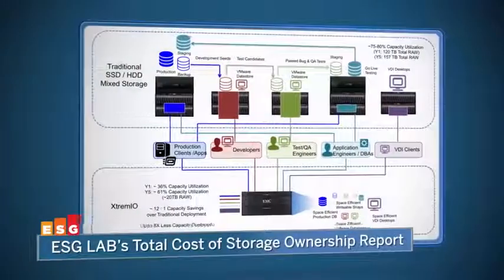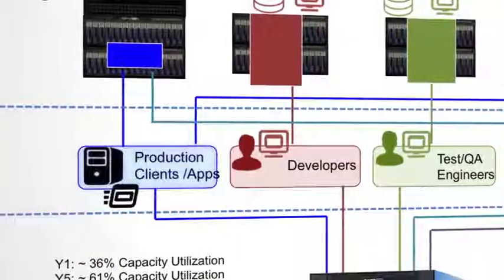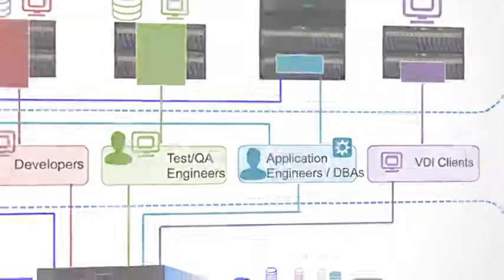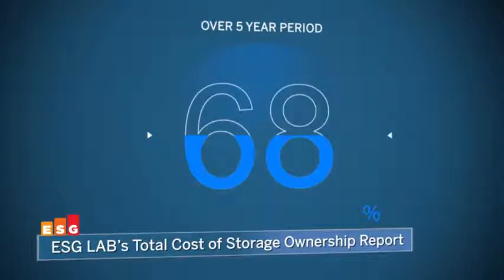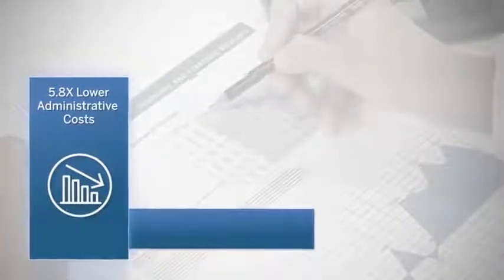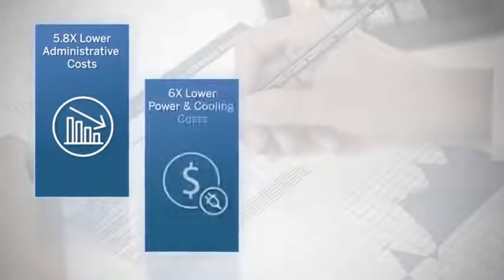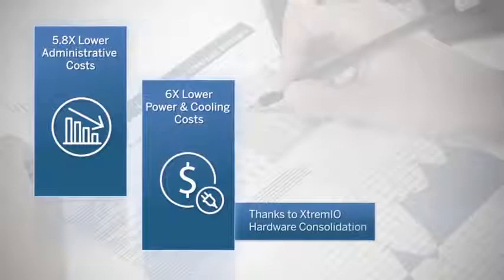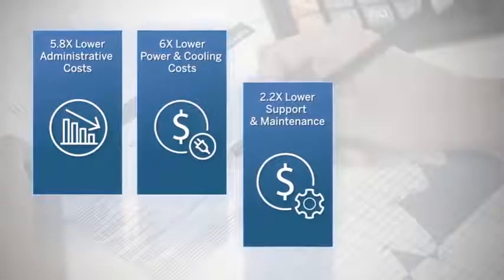In terms of results that customers can expect to realize, ESG Labs' Total Cost of Storage Ownership Report shows that consolidating traditional hybrid flash storage deployments dedicated for production, development, test, and VDI operations with XtremIO saved a conservatively modeled organization 68% over a 5-year period. This included 5.8 times lower administrative costs due to overall ease of management of the system, 6 times lower power and cooling costs, thanks to the hardware consolidation XtremIO allows,